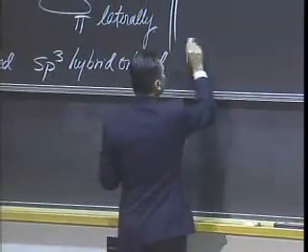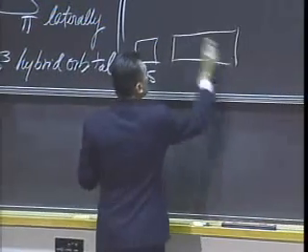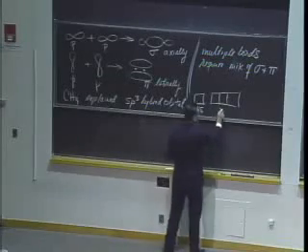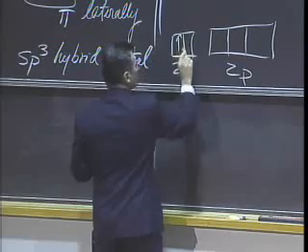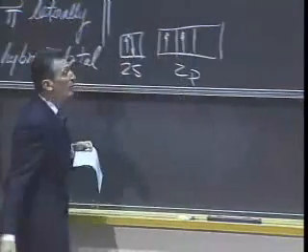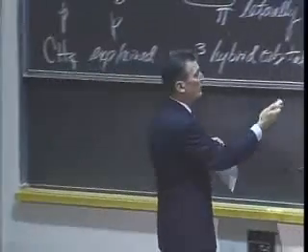As you recall, carbon in its valence shell has six electrons in total, but 4 valence electrons. And the 4 valence electrons are depicted 2 in the s orbital and 2 in the p orbitals. And clearly that configuration doesn't have the capacity to form 4 bonds. Somehow we've got to